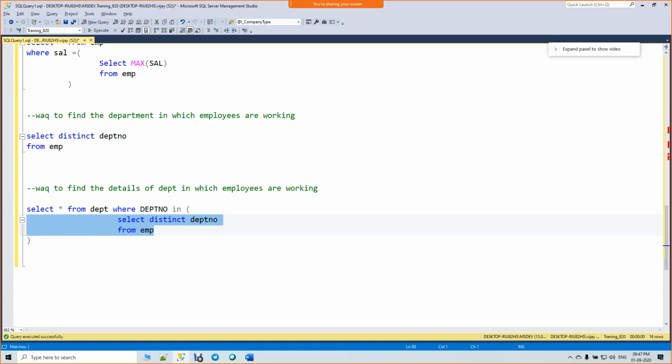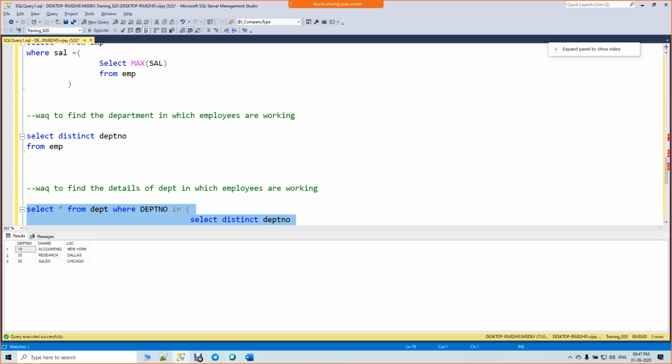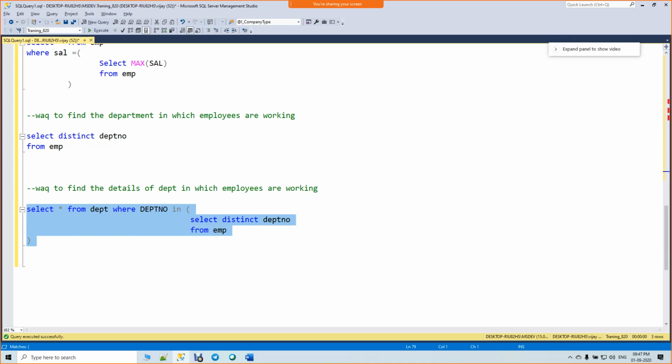Did it answer your question? If you just execute it right now, the department table shows this one.